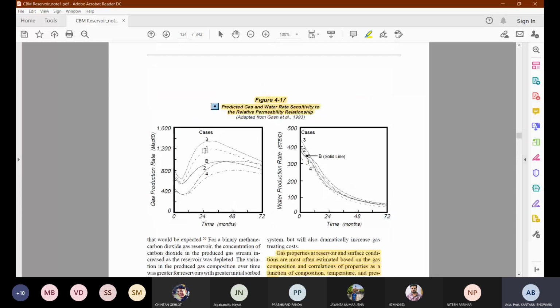With the higher relative permeability, you are going to get higher gas production. But with the lower permeability, lower saturation, the peak gas production is also going to be reduced. You can see for case number 3, you reach approximately 1100 MSCF, thousand standard cubic feet per day, and then with case 4, the peak is coming at approximately 800. So there is a one third increase, or more than that, a 30 to 40% increment.